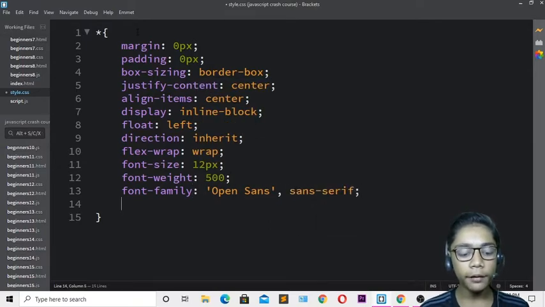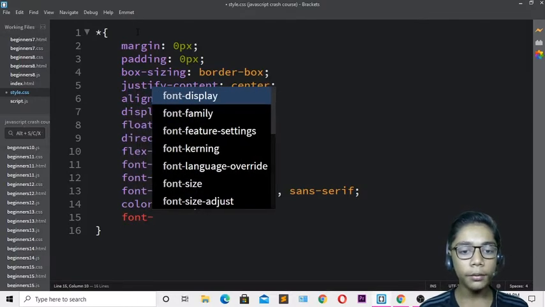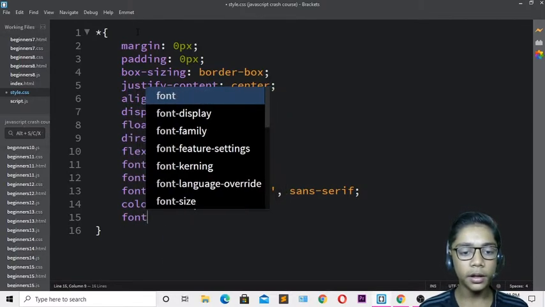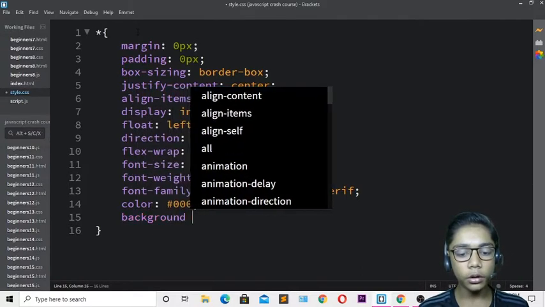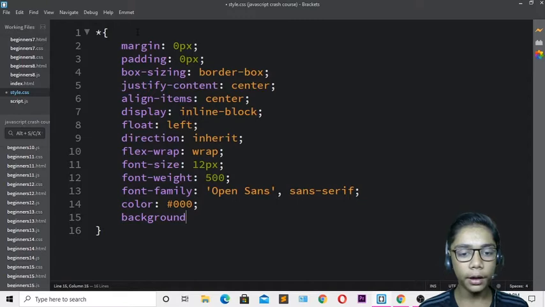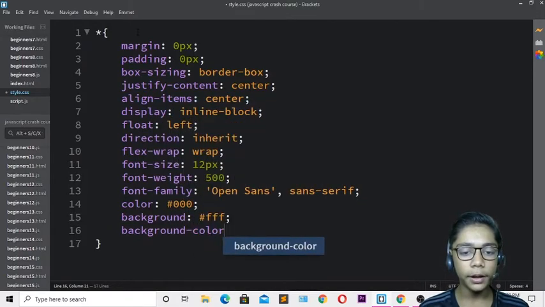So just come over here, I will be defining the color of my font, which should be black. Okay, so define that black. Then come over here, and now I will be defining another thing like font. And now I will be defining font size. Okay, so just erase that font size, because we have already defined that. Come and write over here background. Okay, so define the background of white. So I will be defining white over here. Now just come and write background color, which will also be white. So I will be defining that white.